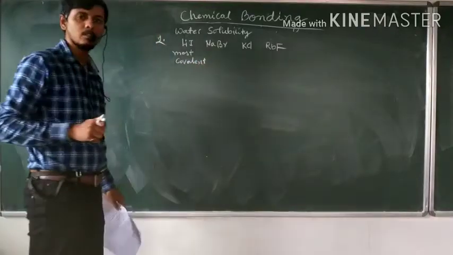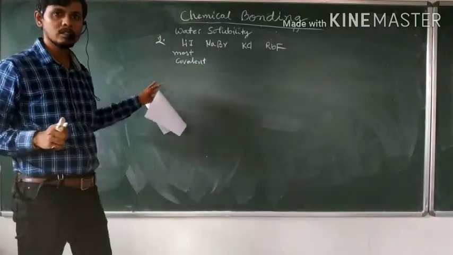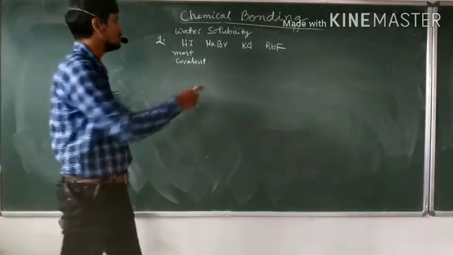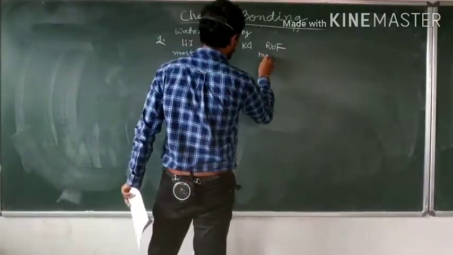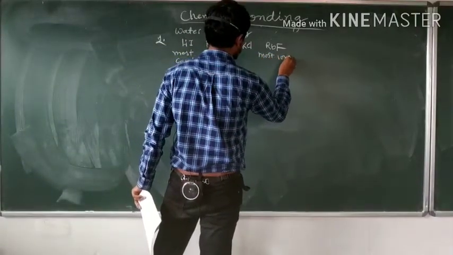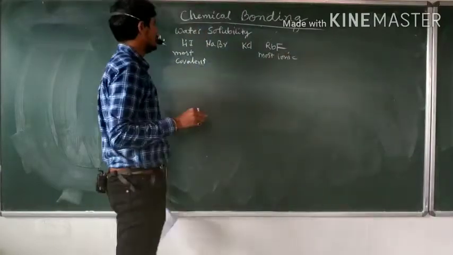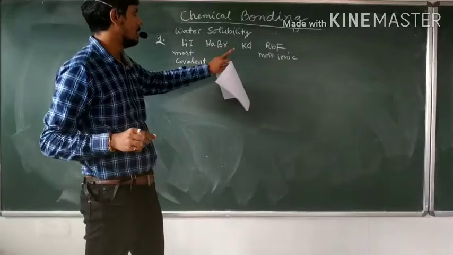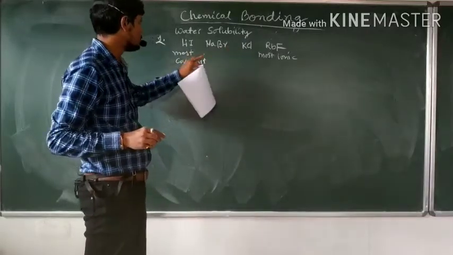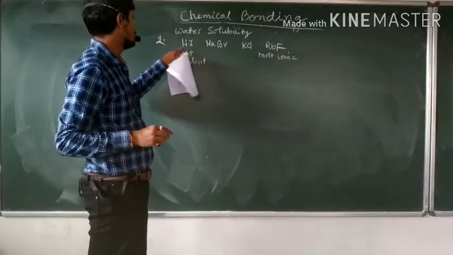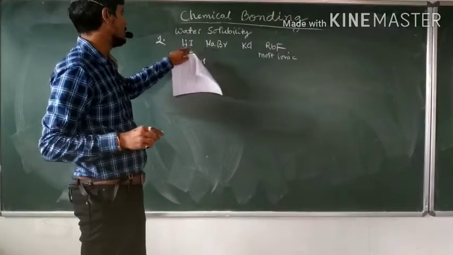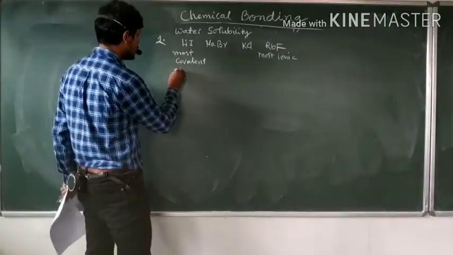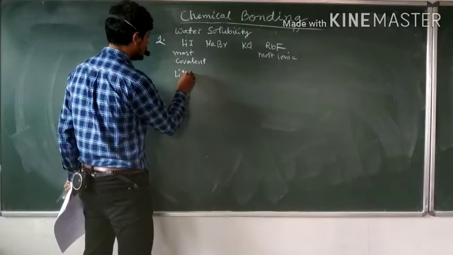Covalent character increases if the polarizing power of the cation increases or the polarizability of the anion increases. So this will be the most ionic, or least covalent. That means this is most ionic. After lithium I have sodium, so if I arrange in the increasing order of polarizing power: Li positive greater than